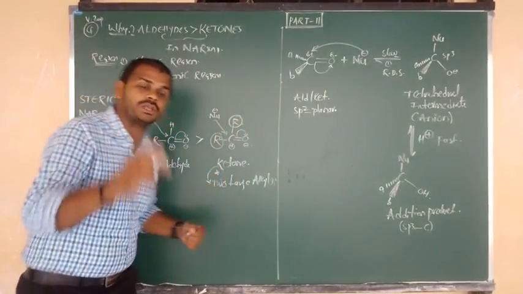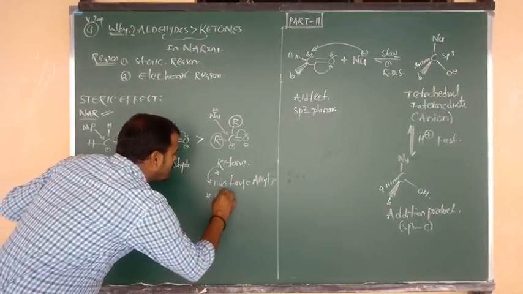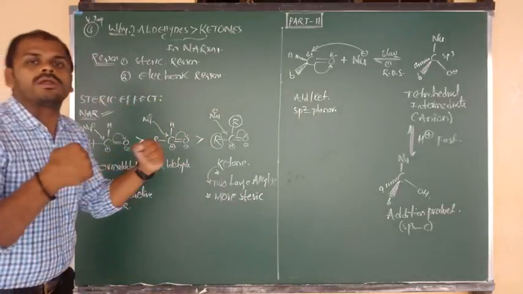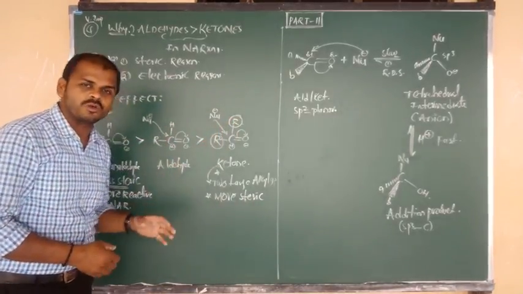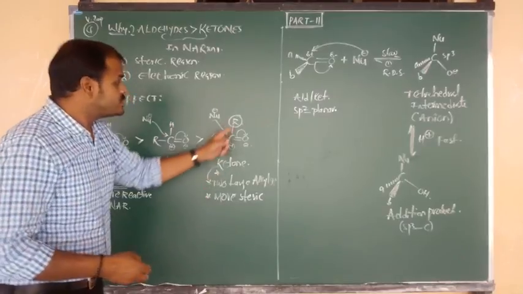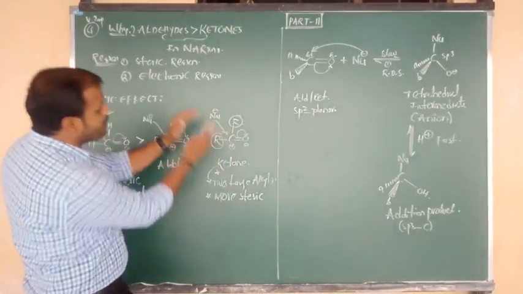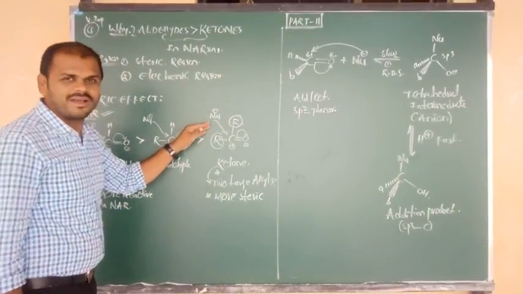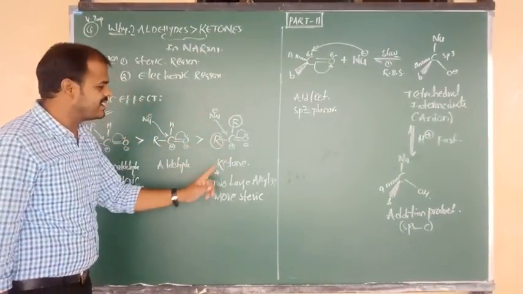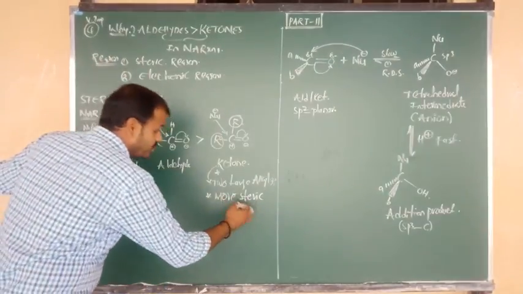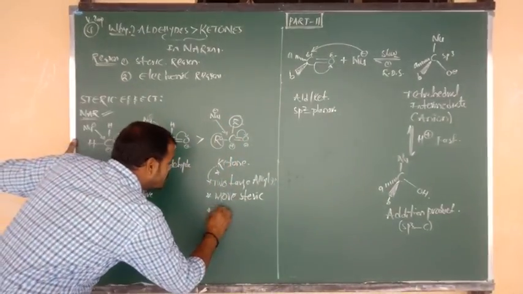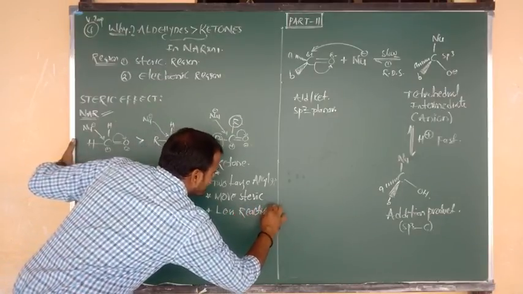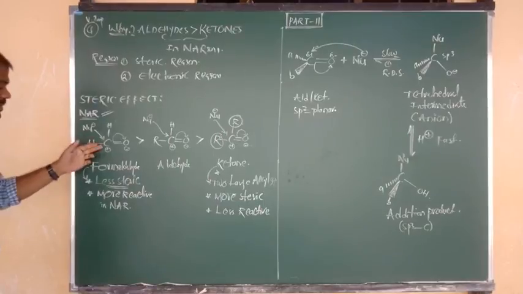They are causing repulsion. So we have to say that ketones are more steric compounds, meaning they are having more repulsions. Due to bulky alkyl groups, already they are having more repulsions. So such bulky alkyl groups will oppose the nucleophilic attack. So the nucleophilic attacking nature is decreased in case of what? Ketone. So due to more steric repulsions, ketones are less reactive.